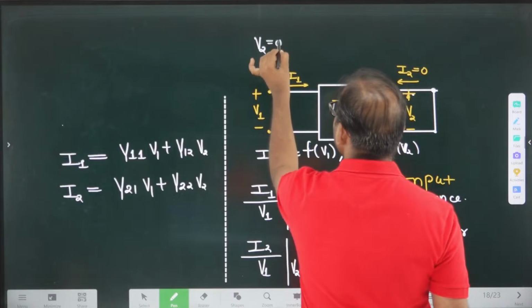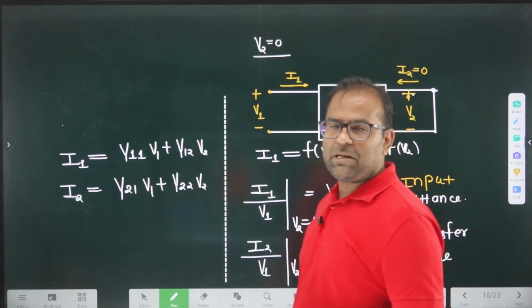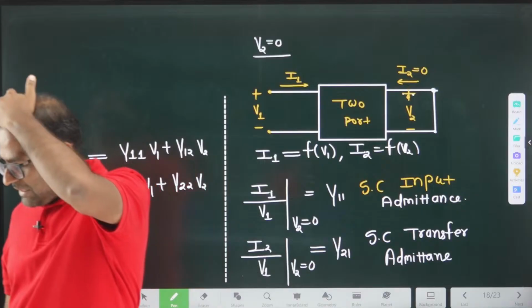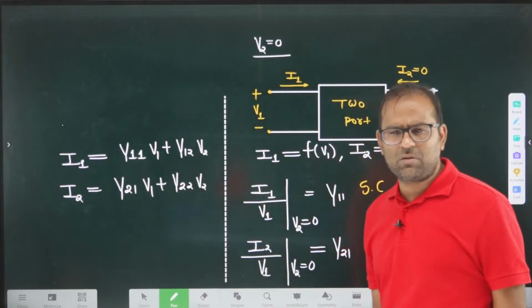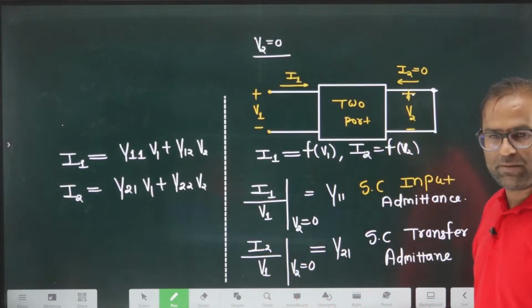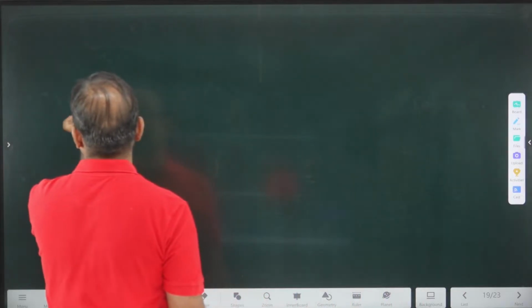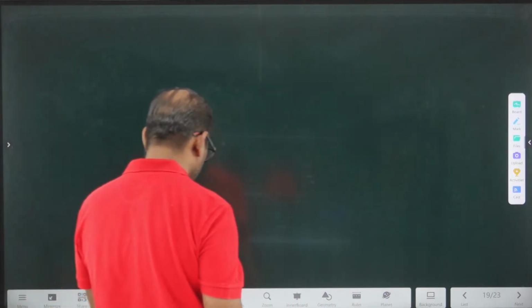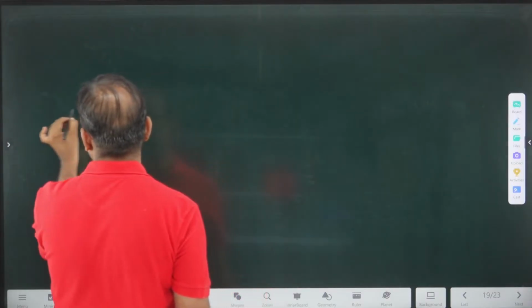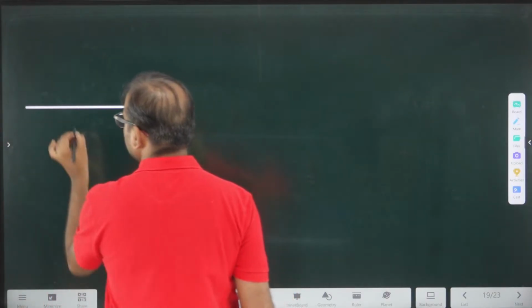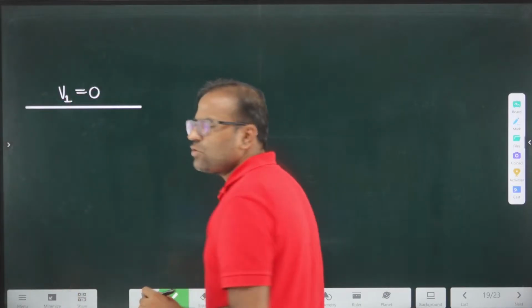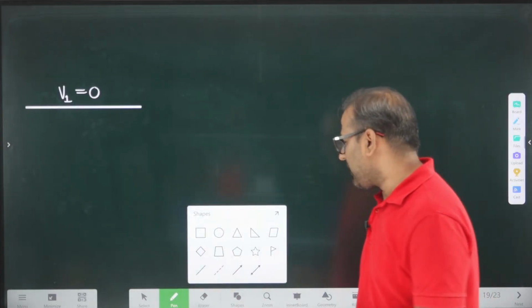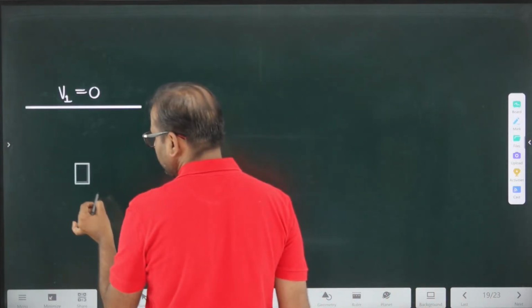What is the next condition? So if you are asked what to do in Y parameter, do not apply the method of calculating Z parameter and then taking its inverse, you can do it directly. This is the circuit based problem. By making V1 equal to 0, if you apply short circuit at port number 1, if you make V1 equal to 0, the remaining two parameters you can calculate. And what are those parameters? Those parameters are